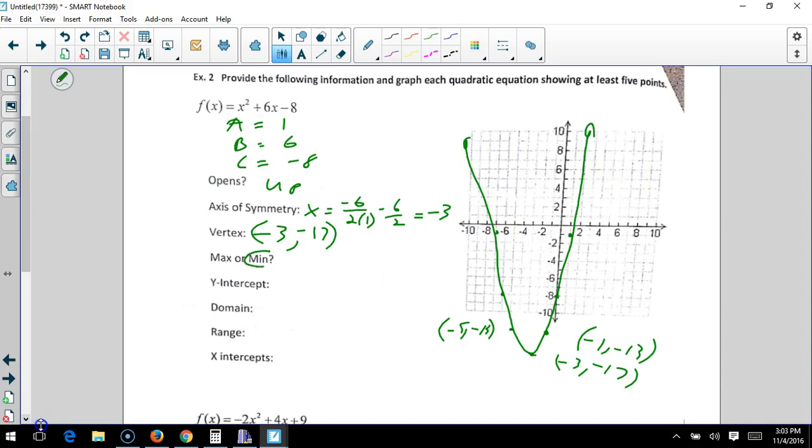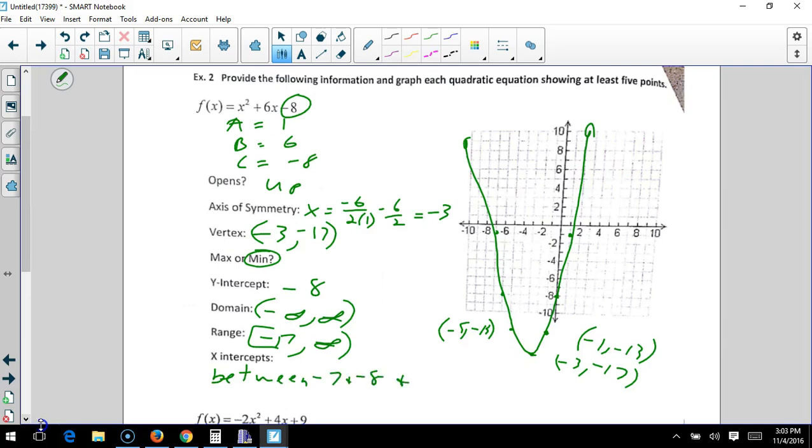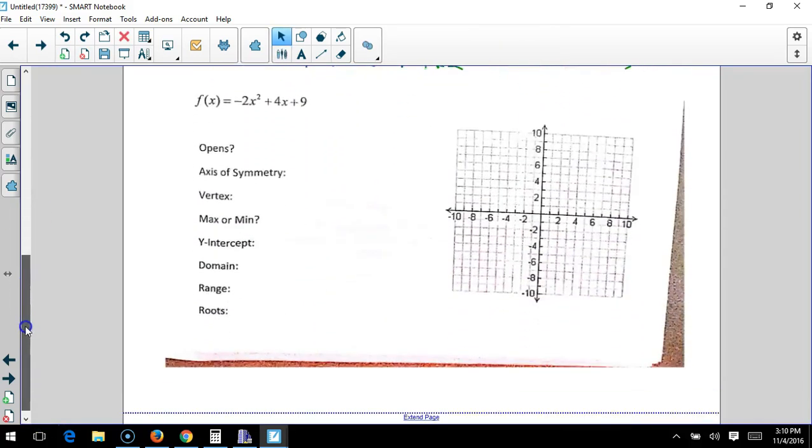So, does it have a maximum or minimum? Obviously a minimum. The y-intercept, c, is negative 8. The domain, again, is going to be negative infinity to positive infinity. The range, how low does it go? Negative 17 inclusive. How high does it go? Positive infinity. And where are the intercepts? It looks like, again, you have to say between negative 7 and negative 8 and 1 and 2. Okay, and last but not least,